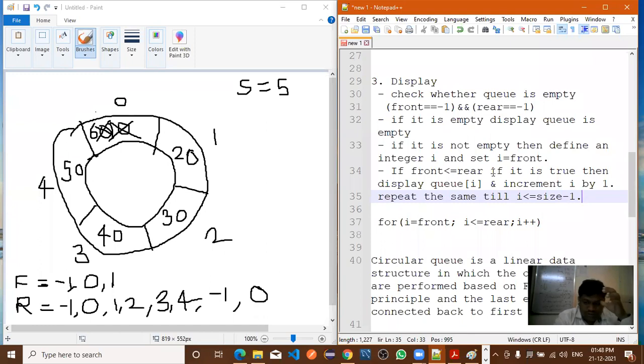Sorry, something wrong. If front is less than or equal to rear, if it is true, then display Q of I and increment I by 1 and repeat the same till I less than or equal to rear.